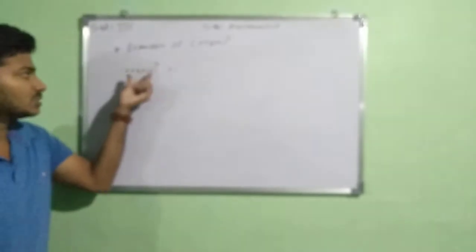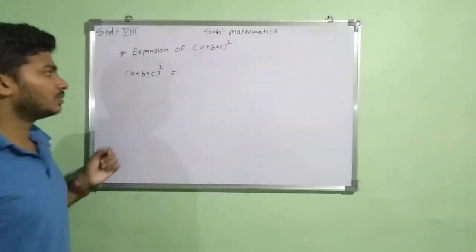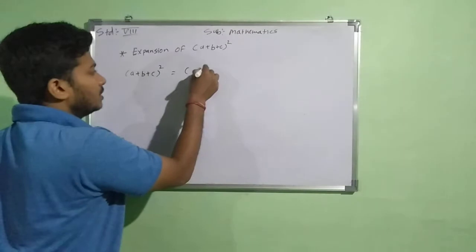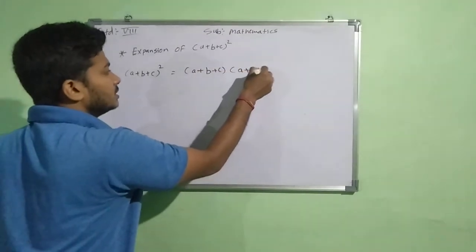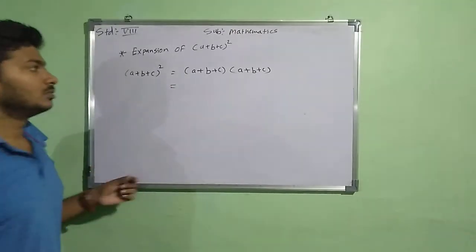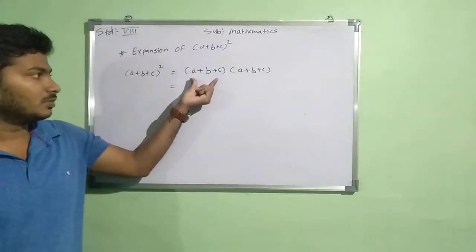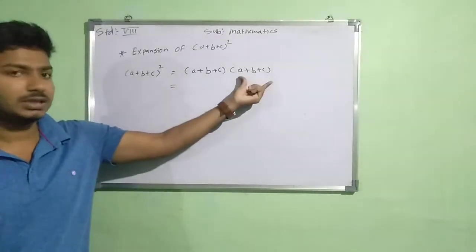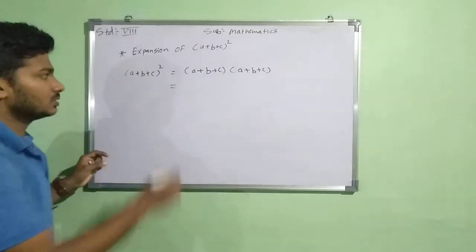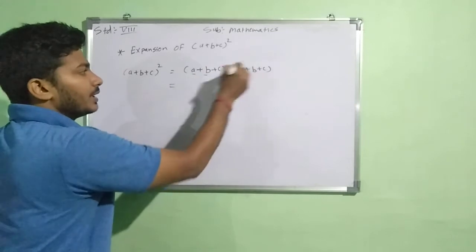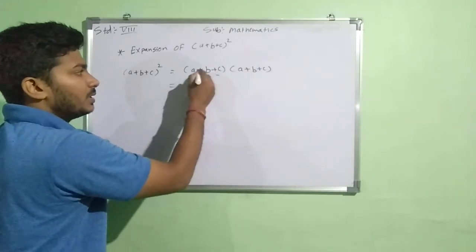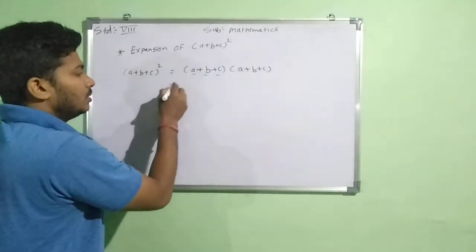Now because of that square, here also I can write that bracket two times. So (a + b + c), another bracket will be the same (a + b + c). Now we can multiply that term with that second bracket because we have to take a product. So we will separately multiply a with that bracket, then b with that bracket, and then c with that bracket, separated by a plus sign.